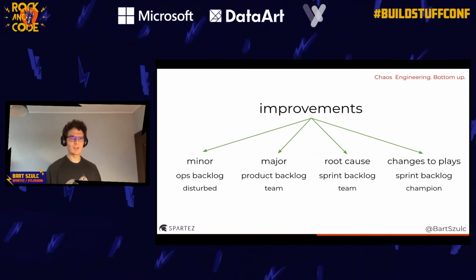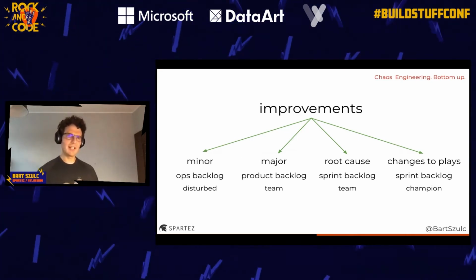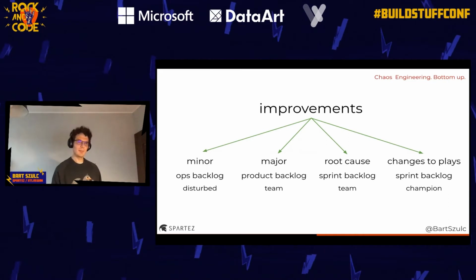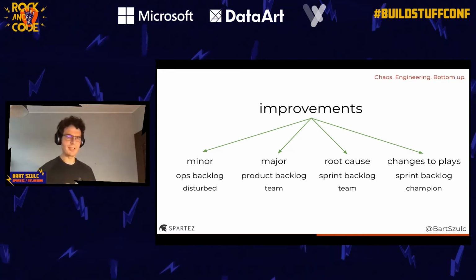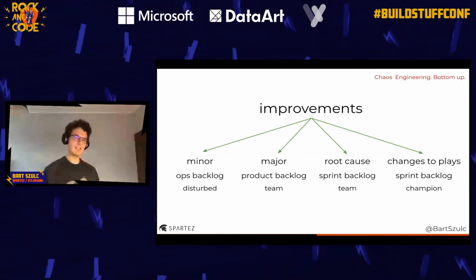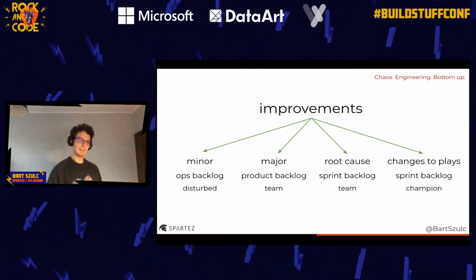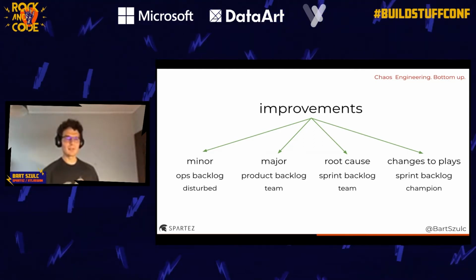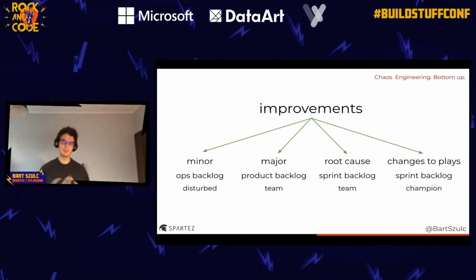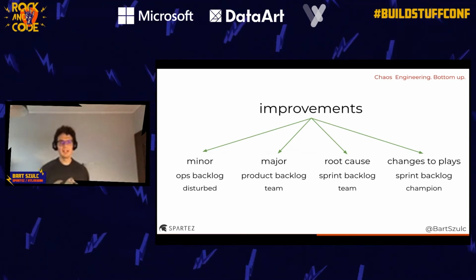And this kind of work usually ends up for us in a Kanban backlog. So we have a person who is called disturbed, and this person is spending the iteration working on the things that are in the Kanban backlog. So those action items will probably be assigned to that person.